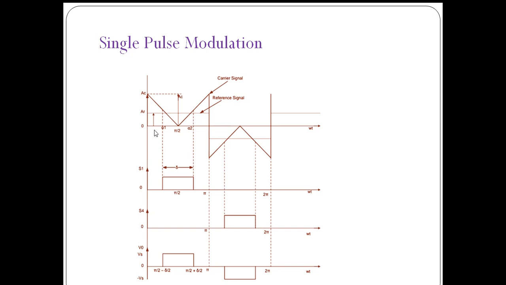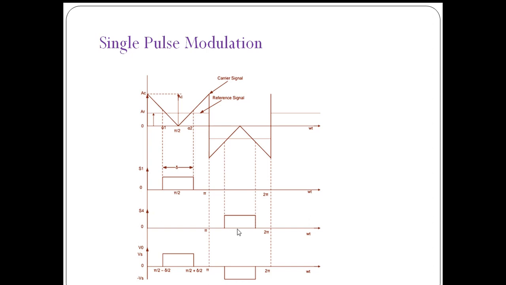Actually, this is the output of the single phase full bridge inverter. This portion is the output of the single phase full bridge inverter. It consists of the output waveform, square wave. Okay, this is the V0 waveform, and this wave is modulated with the triangular carrier wave, and the modulated output waveform will be like this. So it is having two pulses of width 2D, which are symmetrical about this pi by 2 and 3 pi by 2,